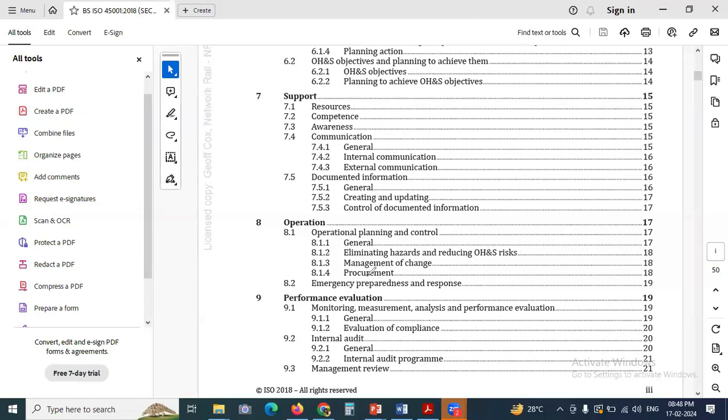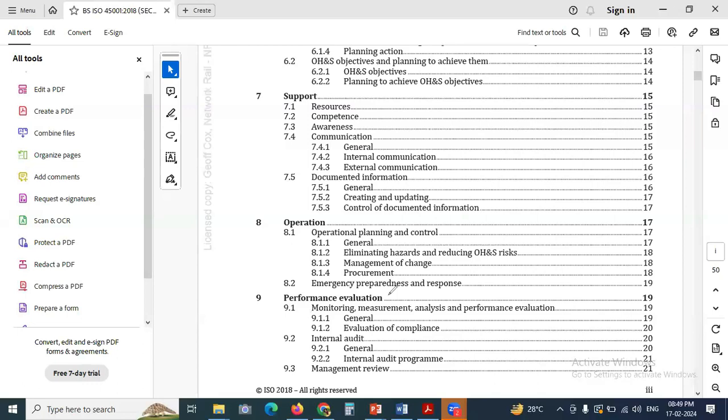Procurement, nothing but you need PPE to carry out the work. You need safety equipment to carry out the work. There will be an updation in the technology. So you need to procure that and provide to the workers so that we can reduce the risk in the workplace. And then emergency preparedness and response, we have seen for fire, we need to create emergency procedures and evacuation plan, which need assembly points, etc. And then natural calamities like tsunami and earthquake, we need to create evacuation emergency procedures, and also for the toxic chemical spillage, we need to create emergency procedures and evacuation plans, etc. So that's with the operation clause 8.